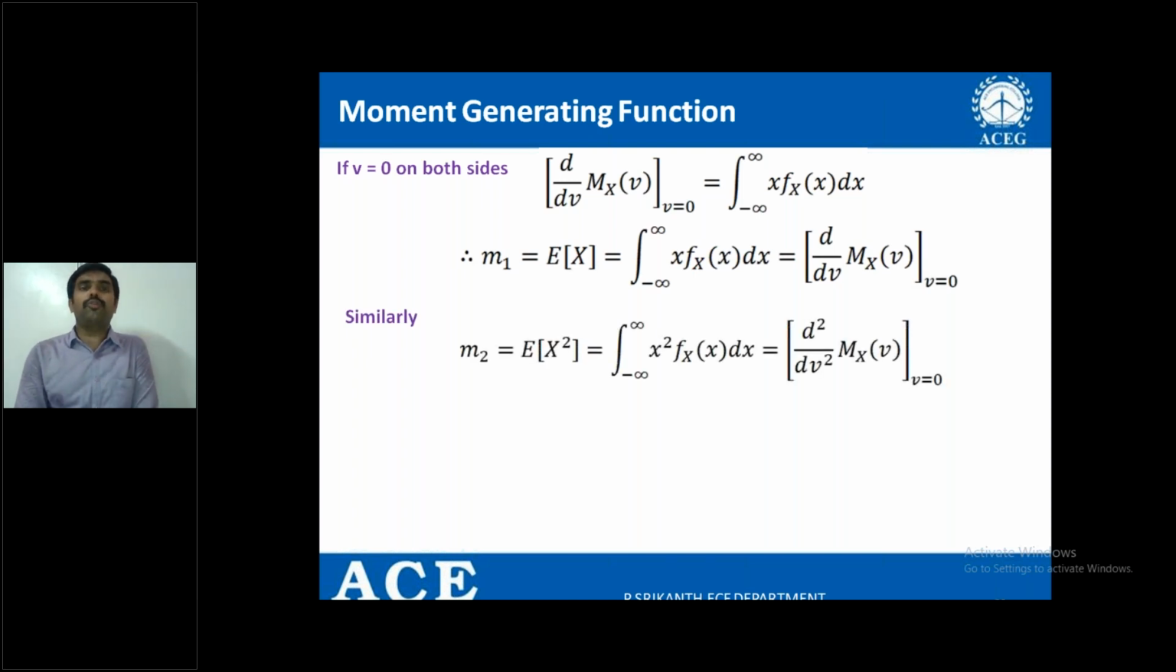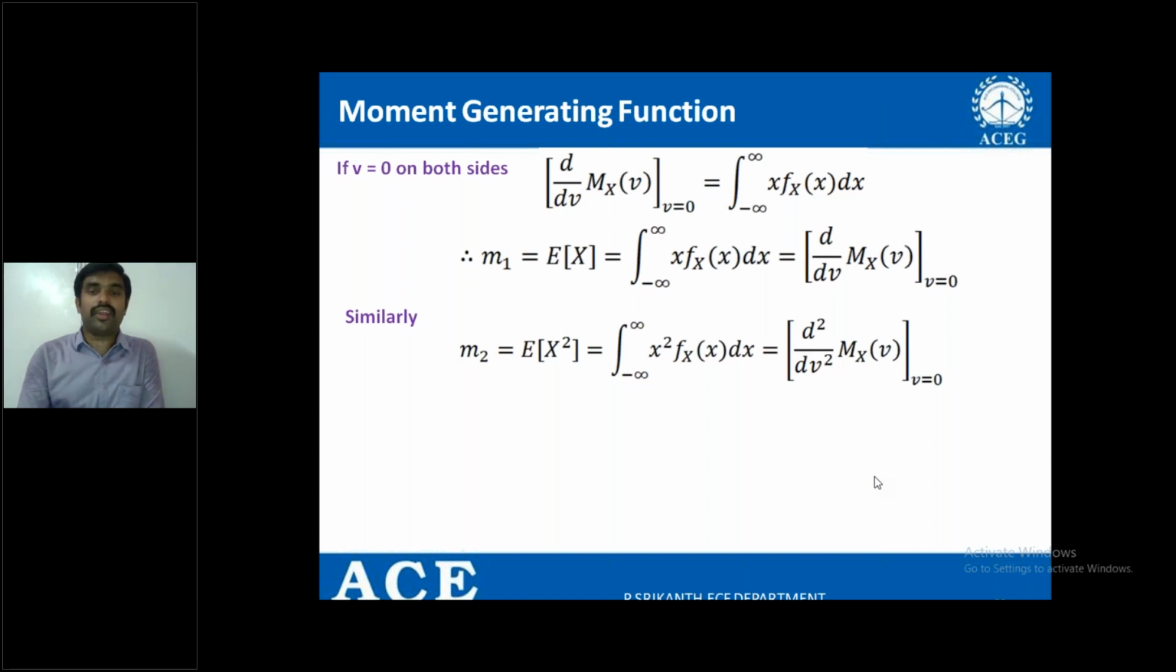Similarly, you can find m2. m2 is nothing but the expectation of x square, that is the second order moment about the origin, or you can also call it the mean square value, right? In the last session we discussed the mean square value of the random variable, which is equal to the integral from minus infinity to plus infinity of x square into fx of x dx, which can be derived by using the moment generating function like this: d square by dv square of mx of v